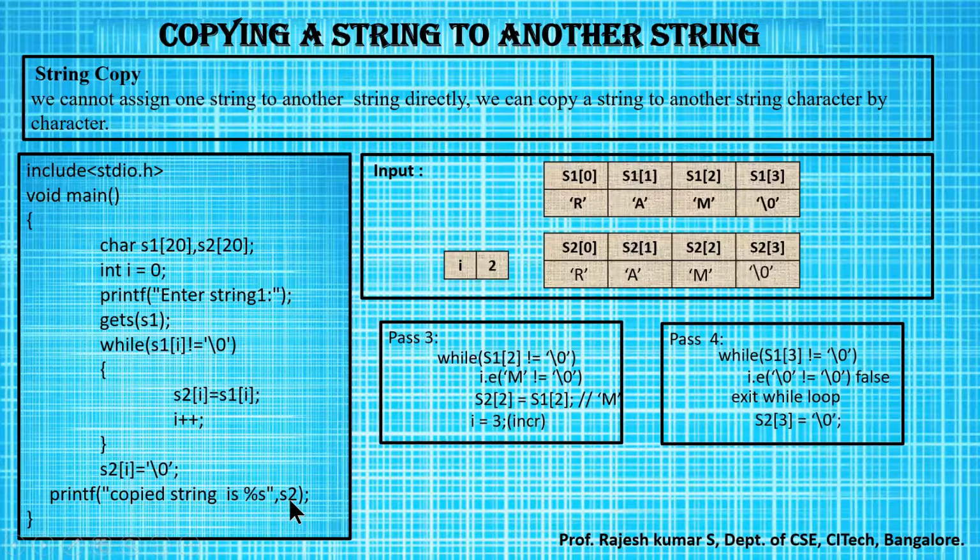The value we are trying to fetch is the value present in the S2 array. Now, what is the value present in the S2 array? Ram is the string present in the S2 array. That will be printed on the monitor screen. Okay, this is the logic behind the program of copying a string to another string without using a built-in function. There is a built-in function called strcpy. String copy is a built-in function. Without using the built-in function, this is the program.